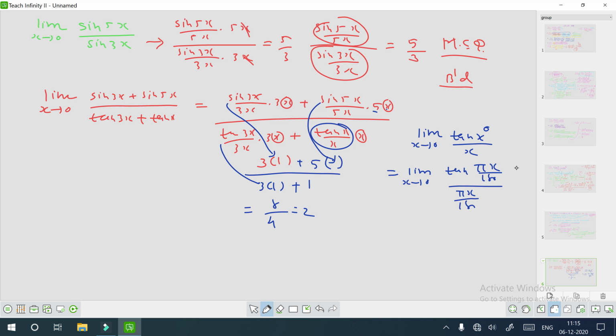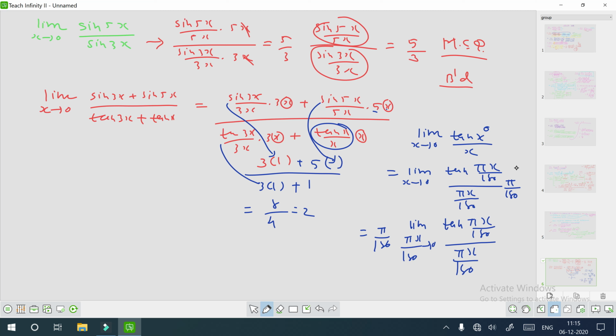Pi x over 180. So multiply and divide by it. Now that is equal to pi over 180 taken common. Limit tan pi x over 180, in the denominator pi x over 180, and pi x over 180 tends to